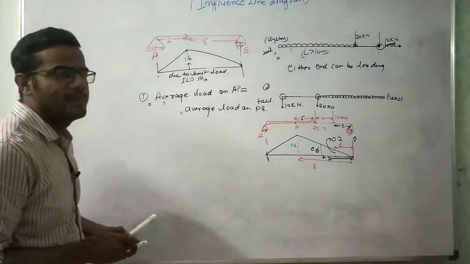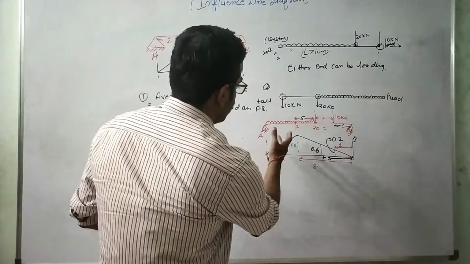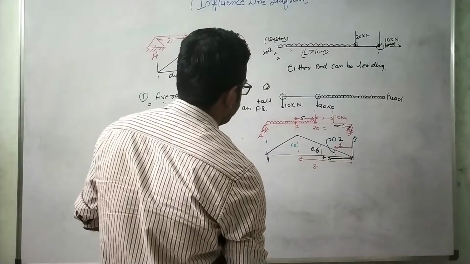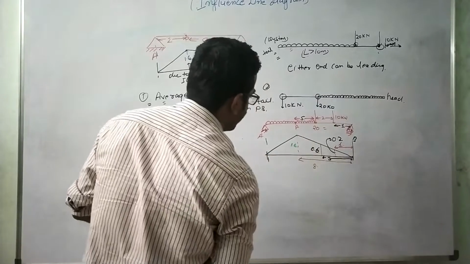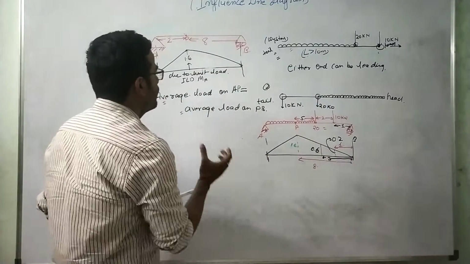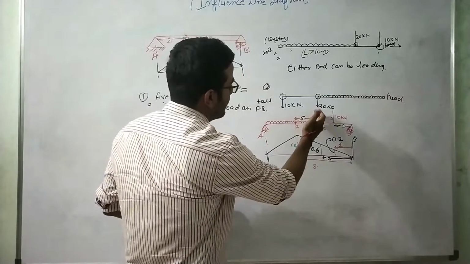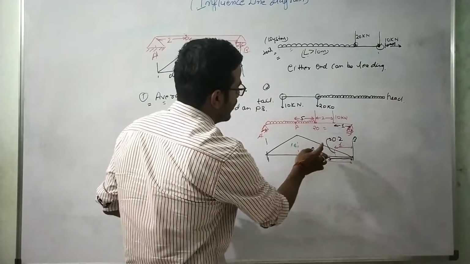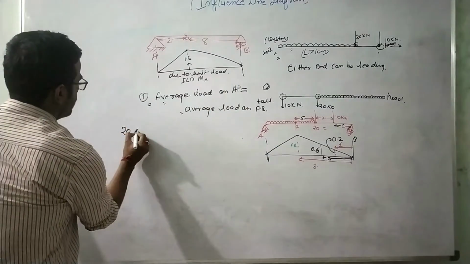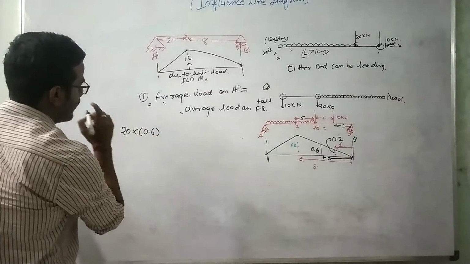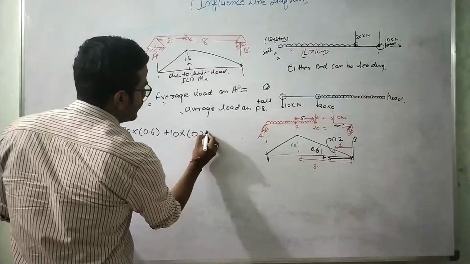Now we'll calculate what will be the value of the moment coming for this system. At the point under the 20 kilonewton load, the ordinate will be 0.6. For the unit load, the ordinate will be 0.6. If the 20 kilonewton point load is acting at that point, then the moment will be 20 into 0.6, plus 10 into 0.2, plus